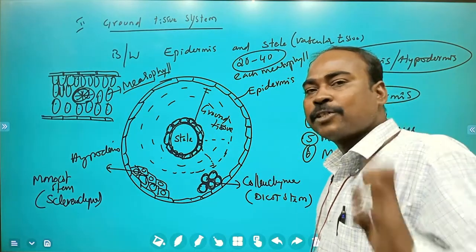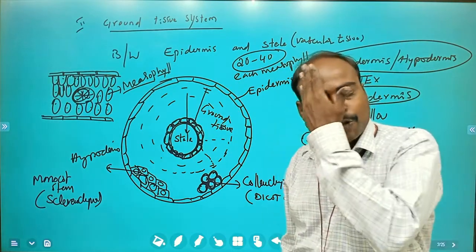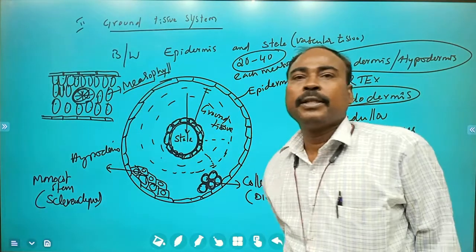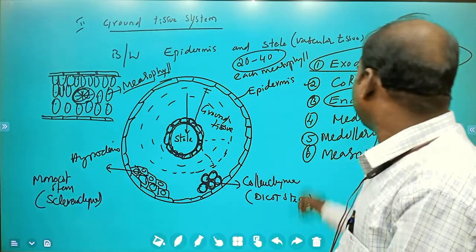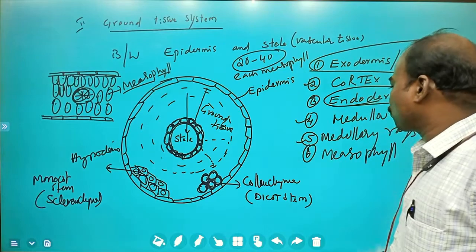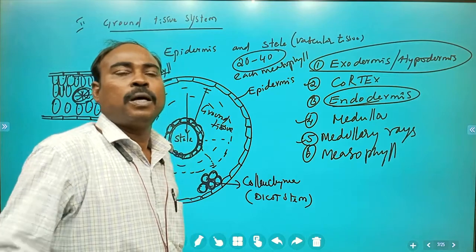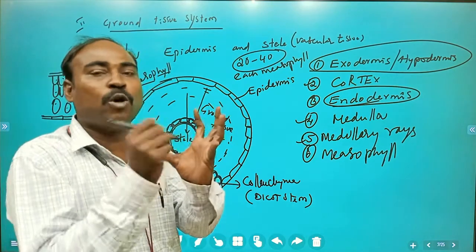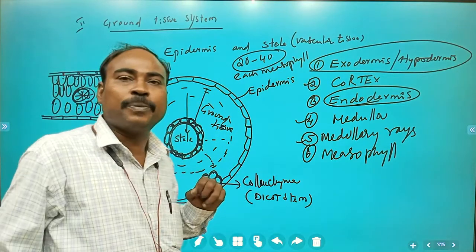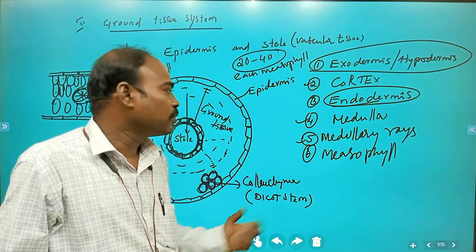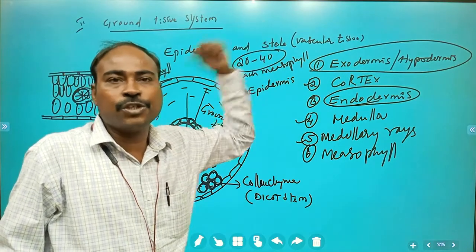The endodermis cell acts as a gateway for the entry of water from cortex to stele, which was clearly explained under anatomy. The endodermis layer is also considered a ground tissue system. Then medulla and medullary rays are found in the dicot stems. The centralmost part of the stem or root is called medulla, where some rays develop radially; they are called medullary rays. These are all the areas considered as ground tissue system.